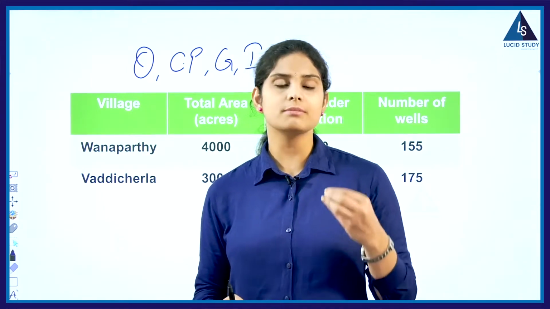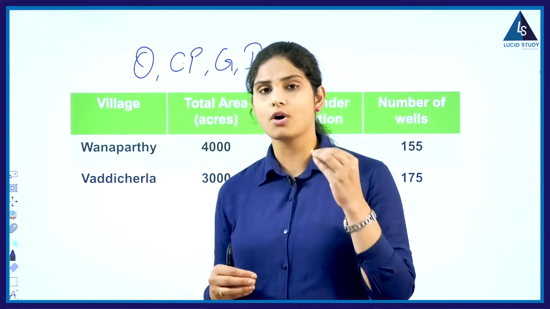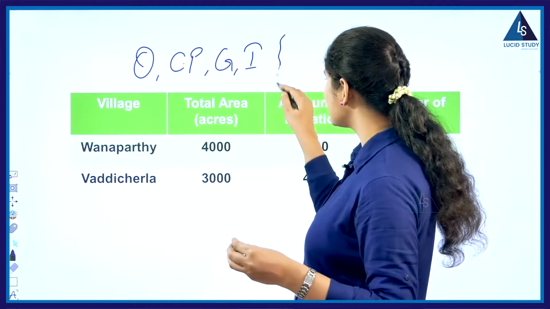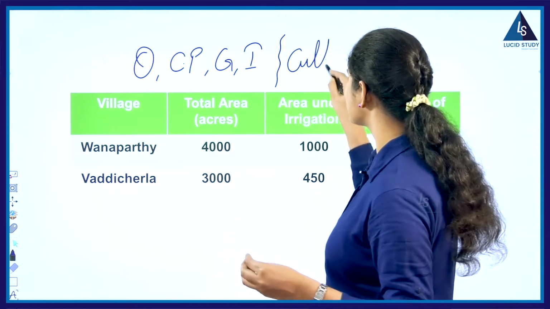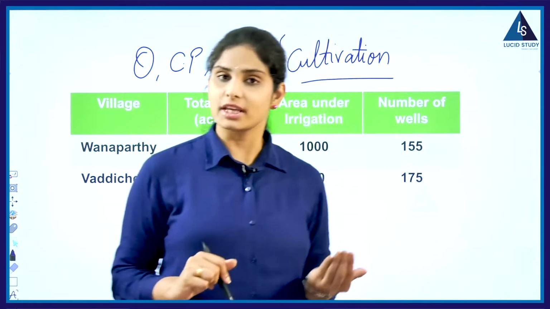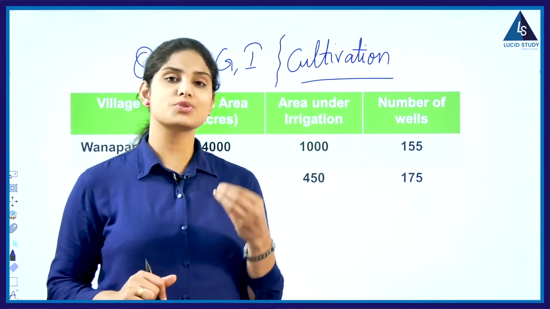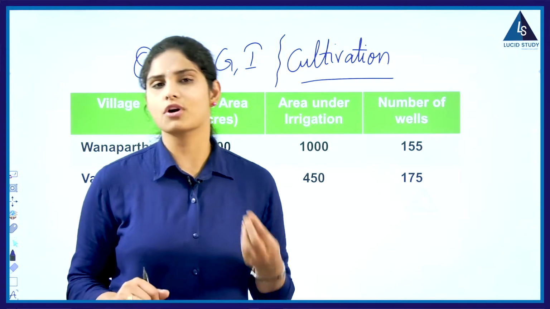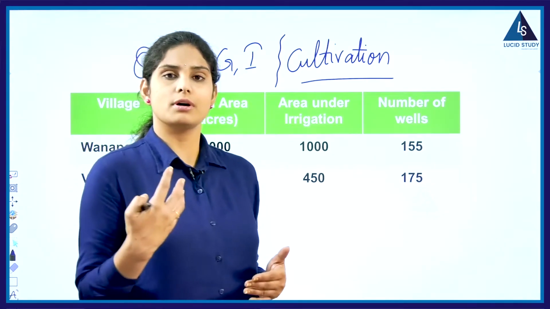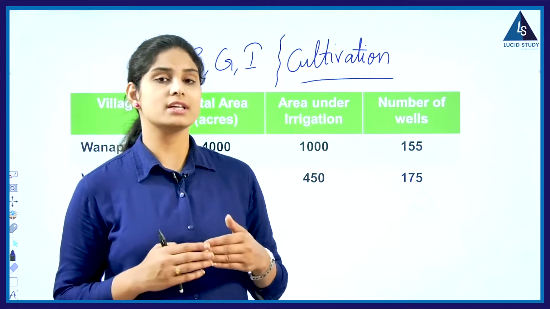But here, basically in these two villages, the main occupation for them is cultivation, right? So cultivation is the whole base, so we say it is cultivation. Now, for cultivation, what is the main source that is required? Exactly, the source of water, the availability of water should be there, right? Only then can we properly maintain crop yielding and crop patterns. So the source of water is equally important.